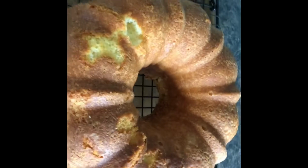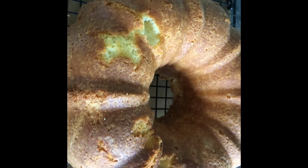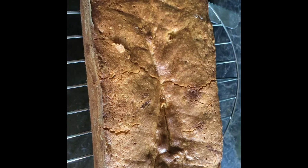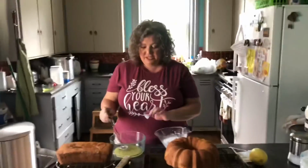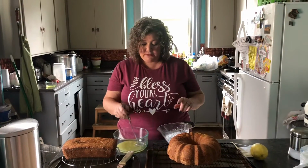Ooh, look, one little spot where it's stuck a little bit in the pan. I guess that place is gonna need some extra loving in the form of glaze. And that one is gonna be ready to be glazed too. Just gotta let them cool a little bit. See y'all soon. I have here the zest and the juice of 1 lemon, a smaller lemon than the one